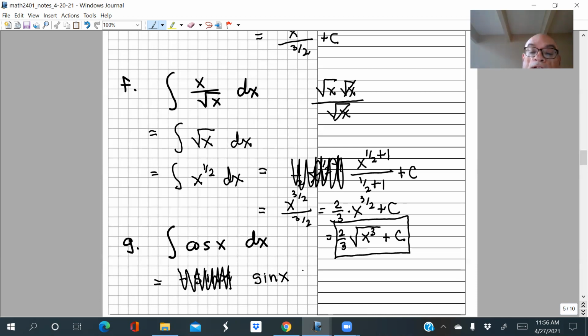One other little automatic thing, a little formality, is you have to add in the plus c. Okay, so there's the full answer. And then again, you can check yourself. Just think, when I differentiate this, what am I going to get? Well, the derivative of sine is cosine. The derivative of a constant is 0. Great. So we get cosine of x, right?